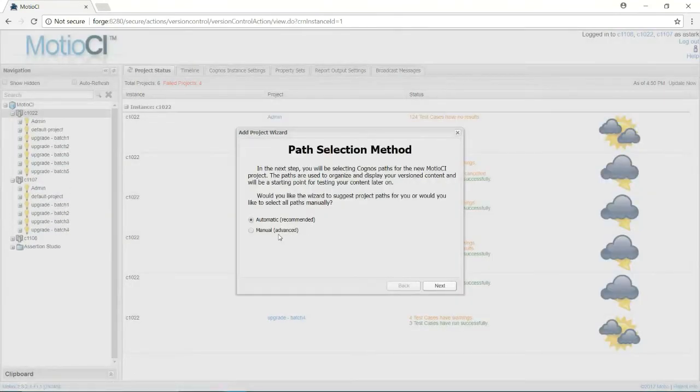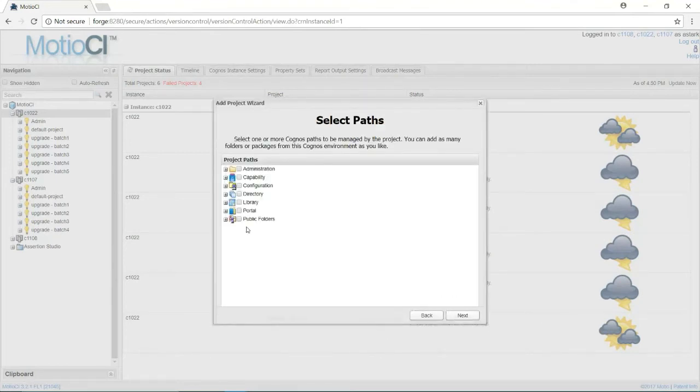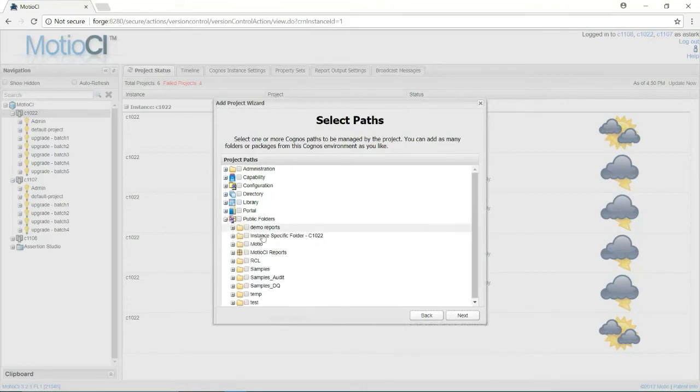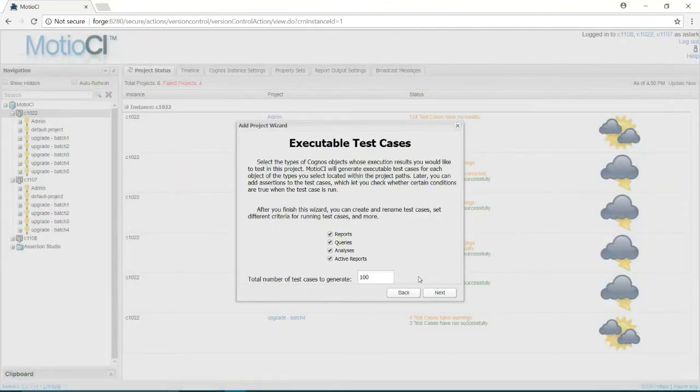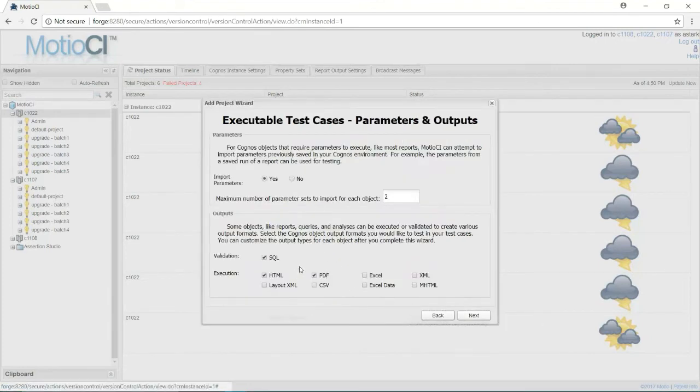and we're going to use the manual approach here, so that we're going to pick a folder. Life goes a lot easier with the test projects if you can pick folders versus individual reports. You can do that, but rather than pick these individual reports, we're going to pick the demo reports folder, and we're going to tell MoDoCI that we want it to generate a bunch of test cases for us. We'll tell it to generate up to 100 test cases for these object types, and we're going to,